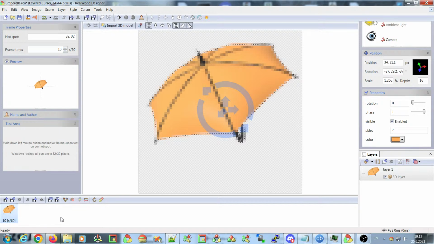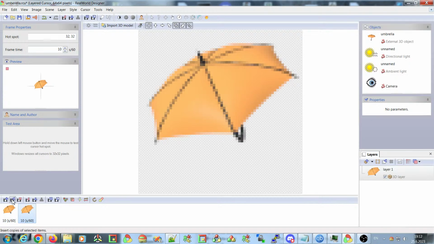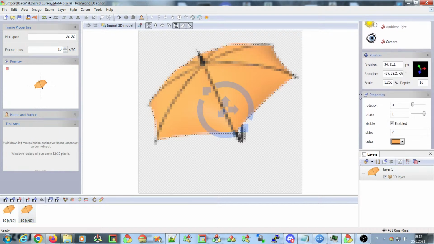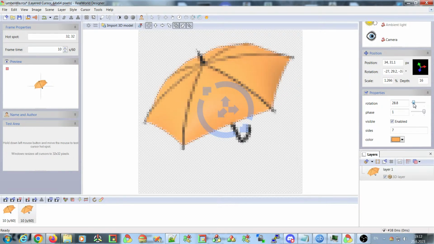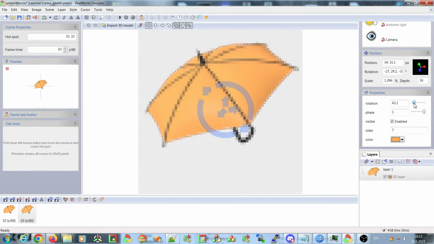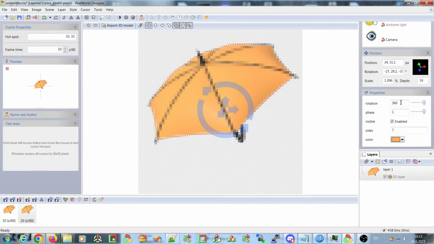I will first duplicate this frame and on the second frame I will rotate the umbrella by how many degrees should I rotate it? By the full 360 degrees, because this hook here should rotate the whole